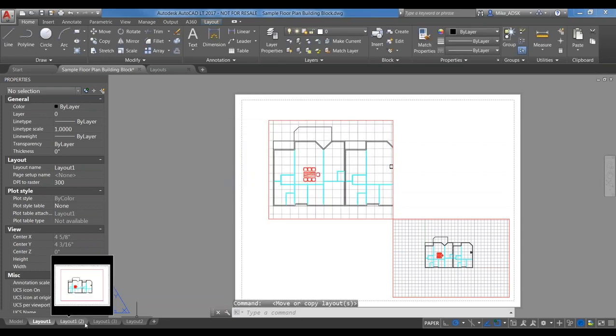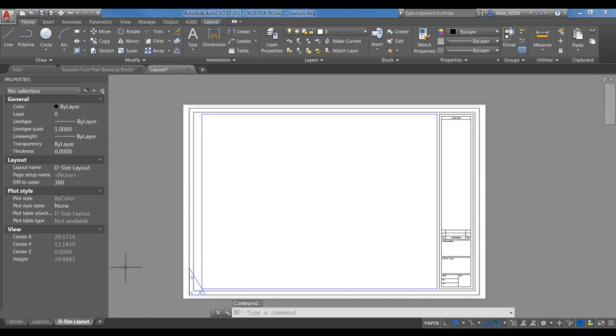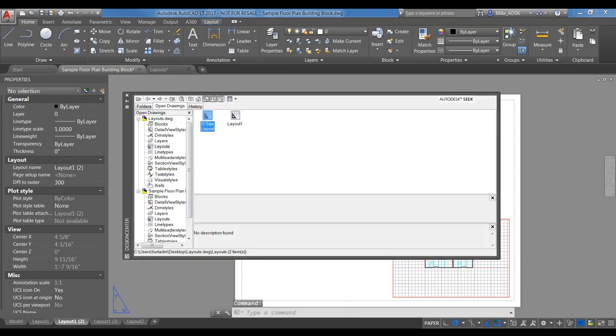Another way that you can create layouts is if you have another drawing that has layouts created in it. So here's an example. I have this drawing. It has a D-size layout over here. I could use the Design Center. It's a tool that doesn't get used too much, or doesn't get used enough, I think. You just type out Autodesk Design Center,